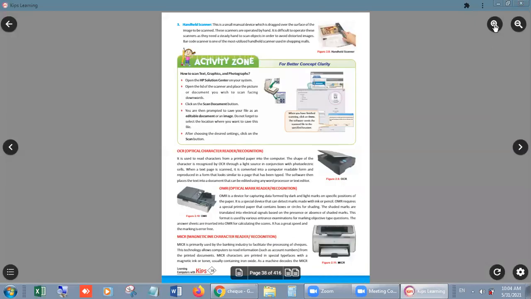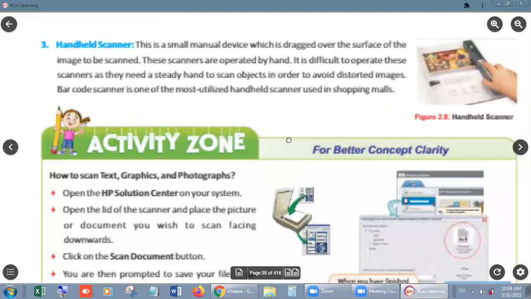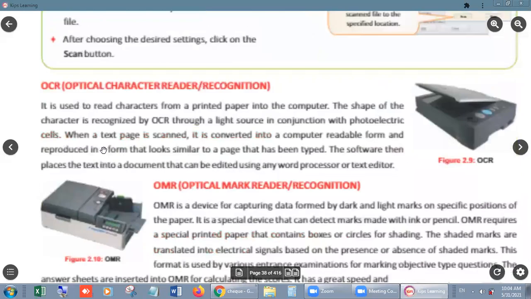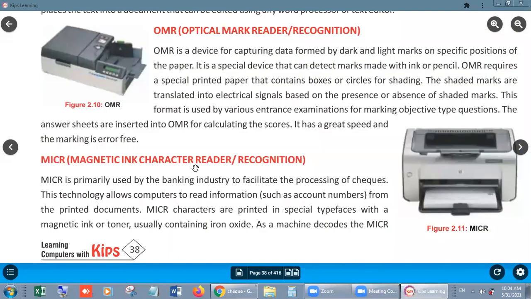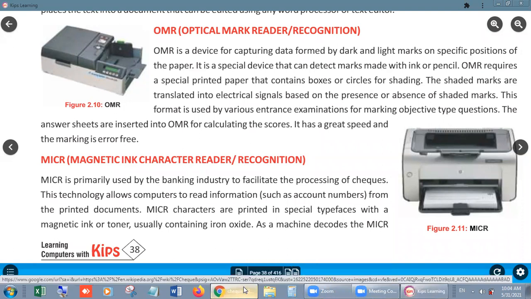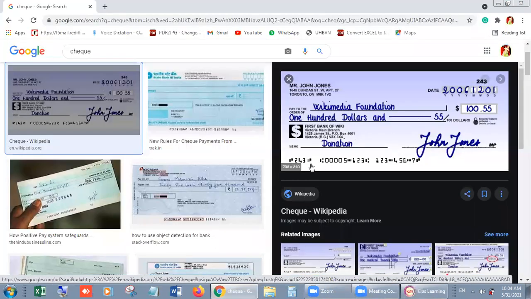Look students, MICR, magnetic ink character reader, means the characters which are typed with the magnetic ink, this scanner can read this, right? So most probably in banks we can see this kind of scanner. This is magnetic ink.